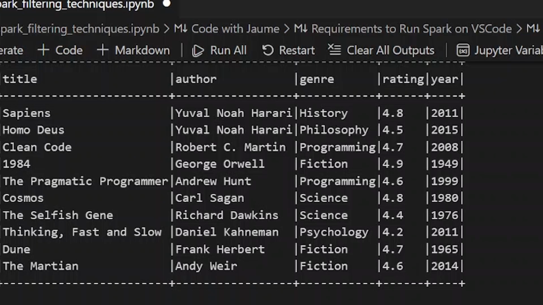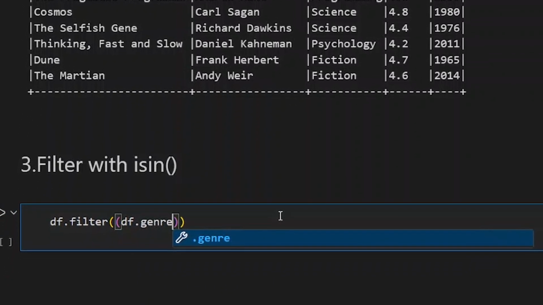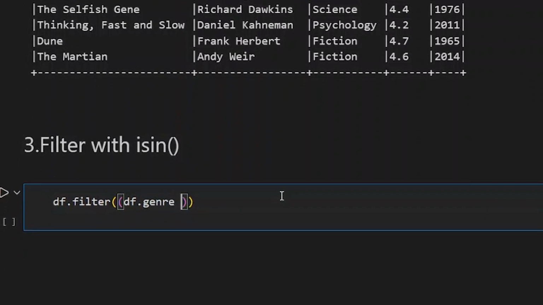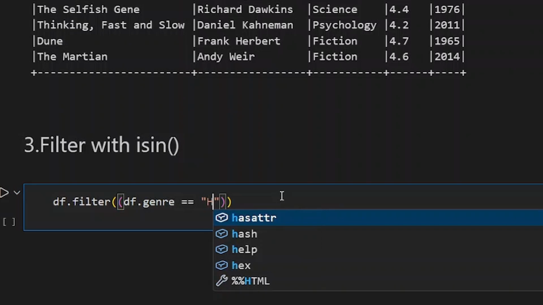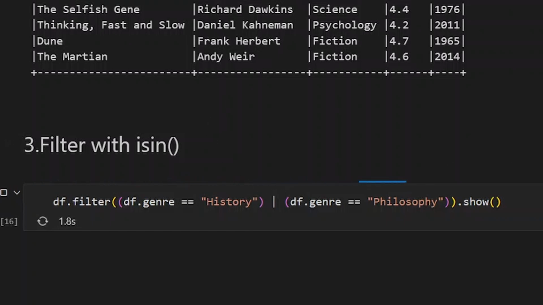Well, to do that the long way, as you know, would be, for example, concatenating OR conditions: genre equal history, or the same, where the genre in this case we want to be philosophy. Well, if we print out the result, we will retrieve all the books,